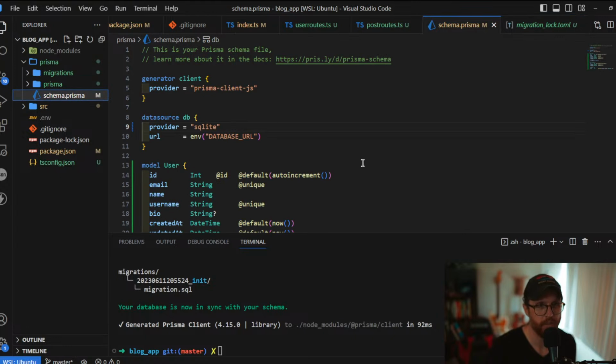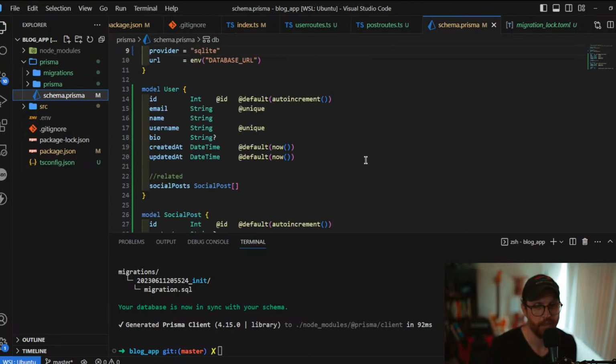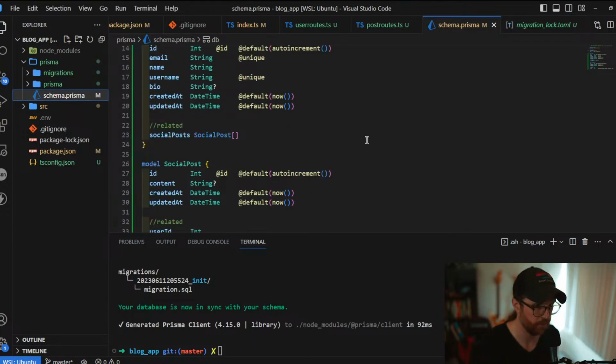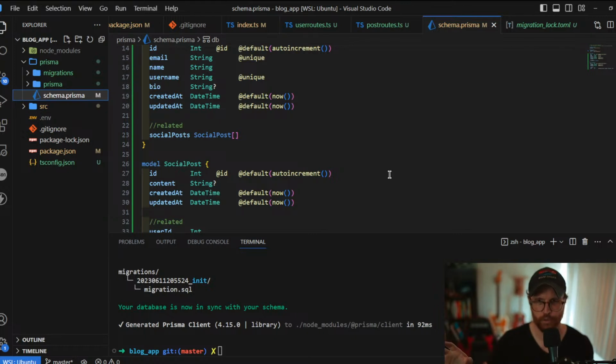I haven't used MySQL before, except maybe in Django. You don't have to start the server, whereas with PostgreSQL you have to start your database server. But with this one, I think it's basically just